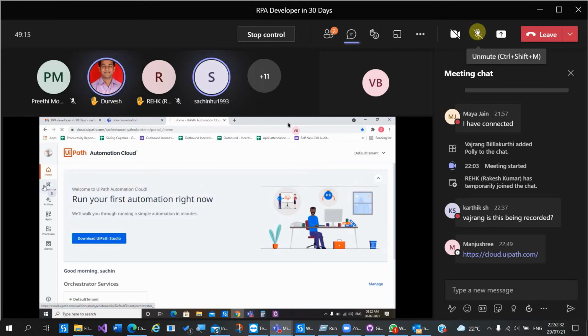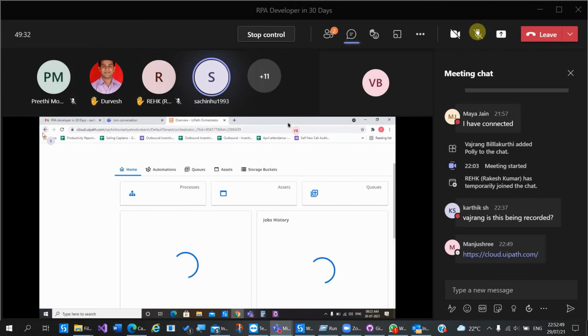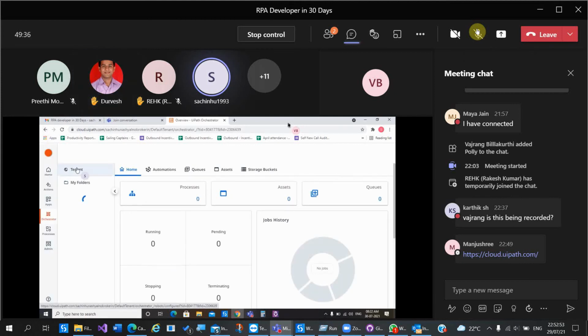Click on default tenant. Here, right? Okay, are you using My Workspace folder or a shared folder?